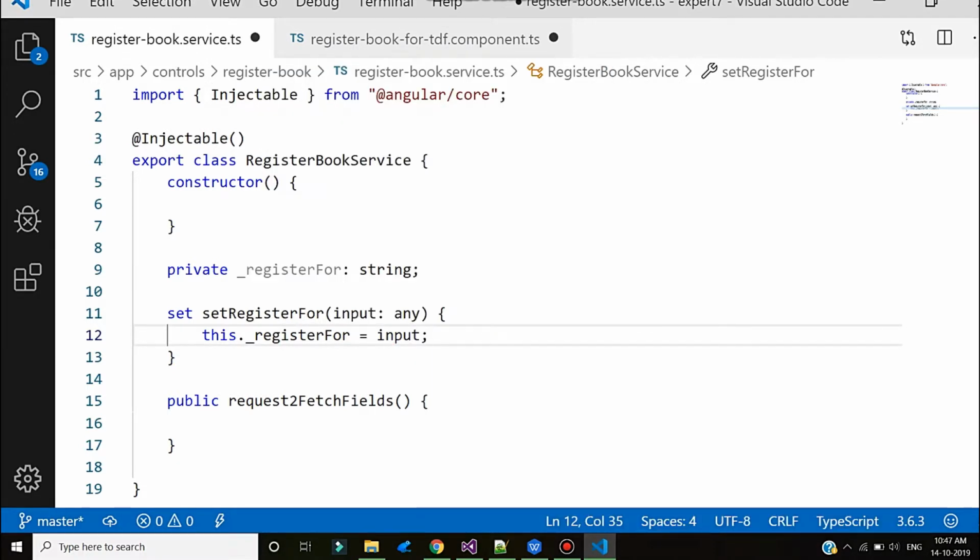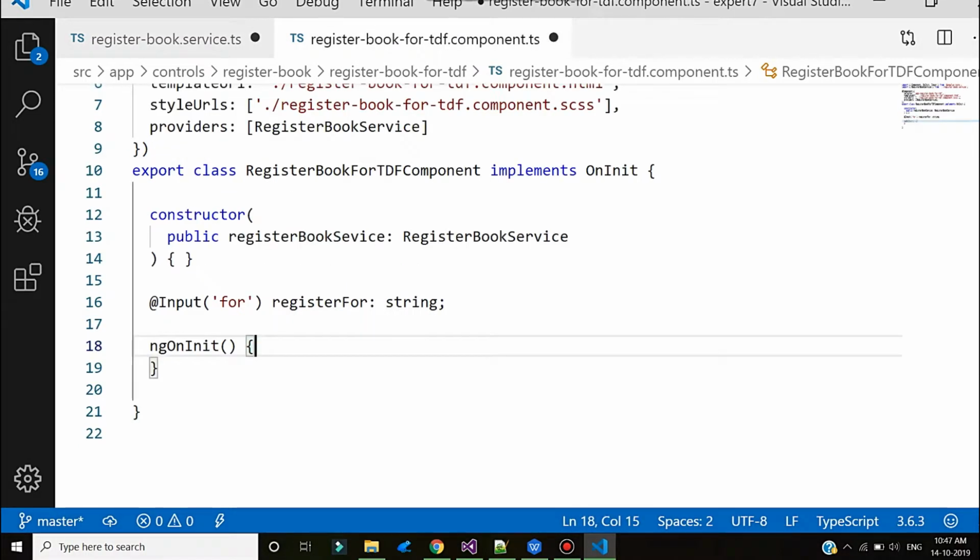Okay, so why am I going to use this? Because